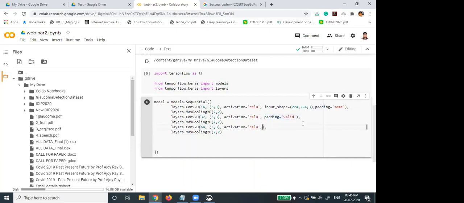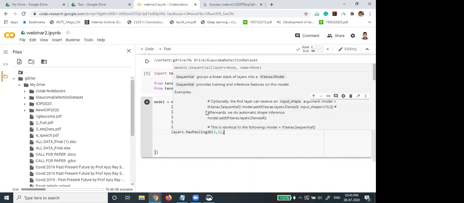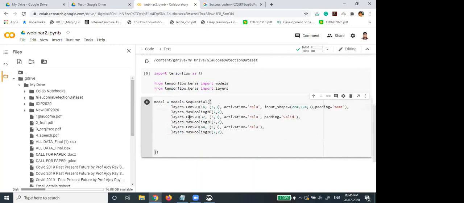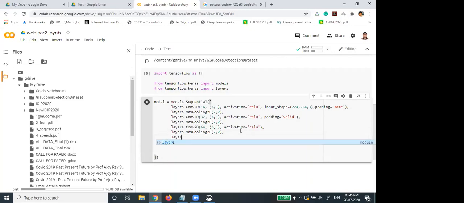So if you don't write anything, it will be valid. So after three convolution and max pool blocks, then I am flattening, what I have told earlier, layers dot flatten.